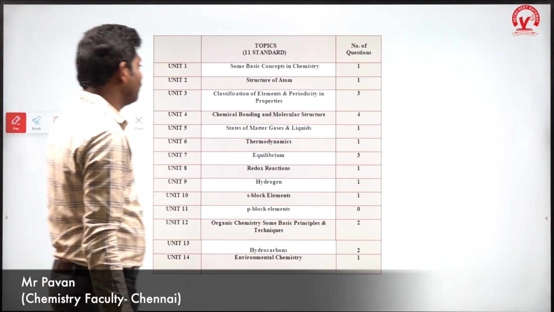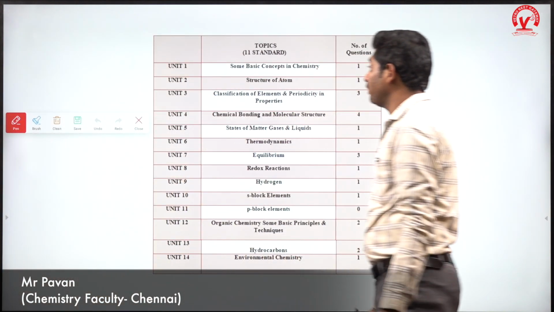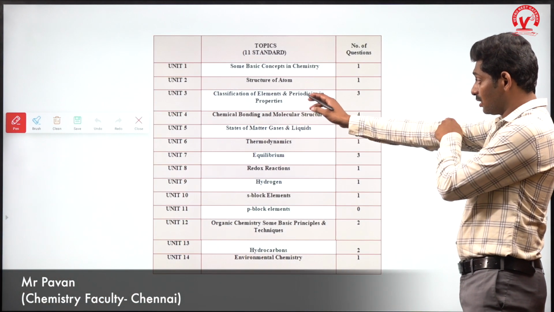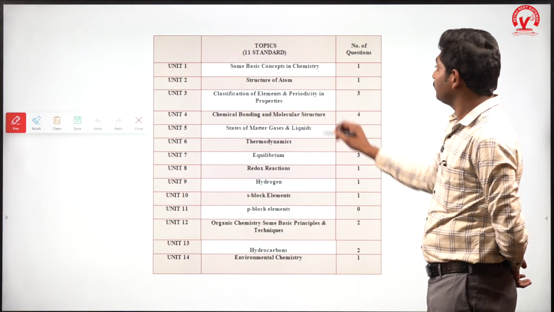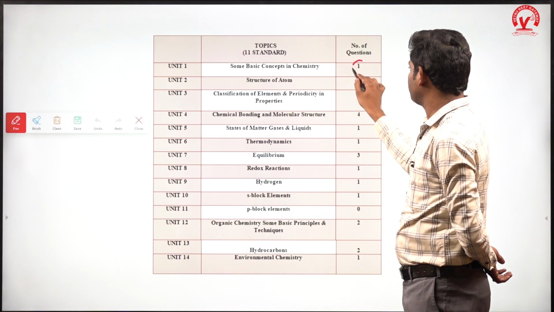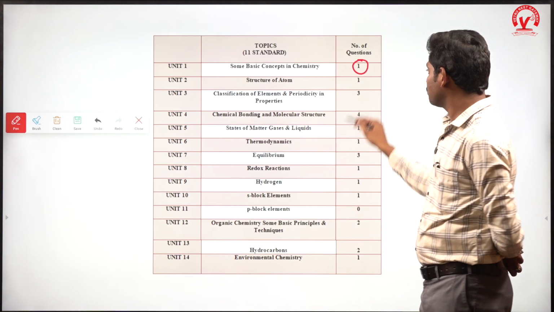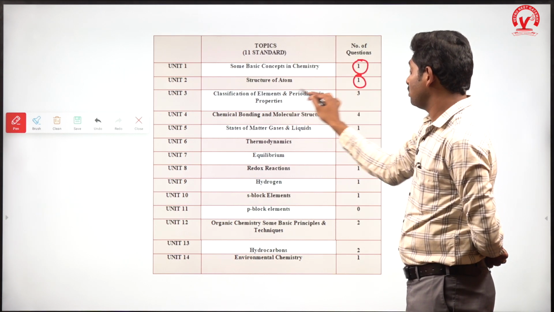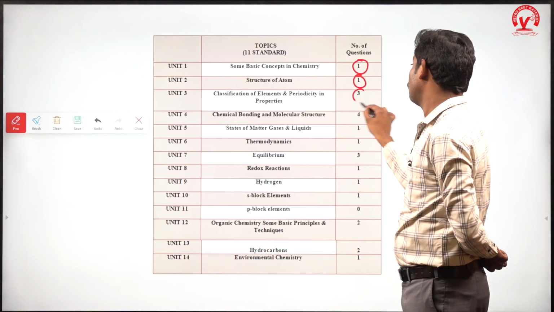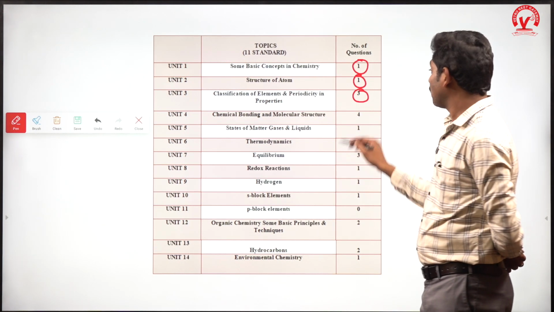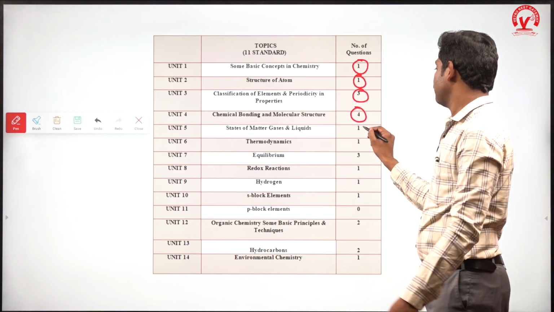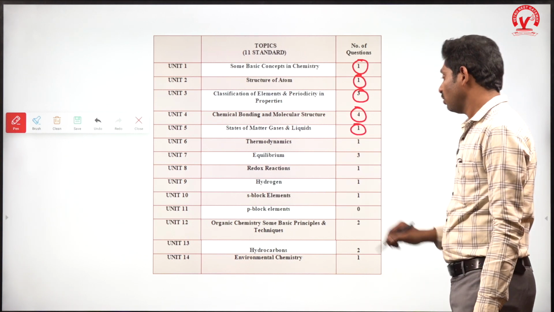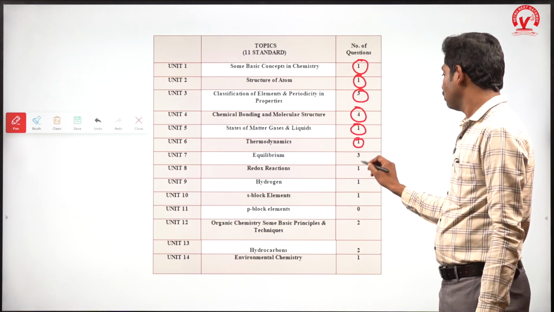So now you can check the chapter wise splitting, how many marks are coming from each chapter. In this NEET 23 question paper, some basic concepts of chemistry has one question, and structure of atom one question. This year the periodic table is given 3 questions, more questions. Chemical bonding as usual 4 questions, states of matter, liquids and gaseous state 1 question, thermodynamics 1 question, and equilibrium